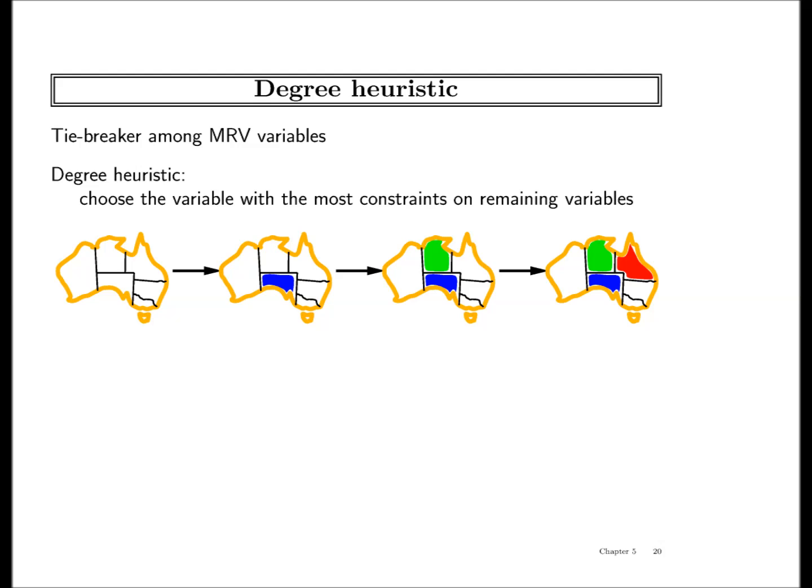Yes? So if Tasmania has a constraint that it can only take red or green instead of three, Tasmania can have two. Right. So will you start from Tasmania because of that? Yeah, the way we have defined it, yes. If we are not able to exploit the notion of independent subproblems, then they will start with this. Is that ideal? Probably not. That's why we want to use the notion of independent subproblems.